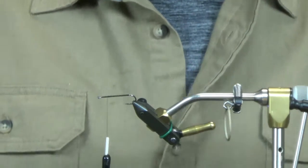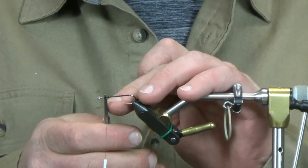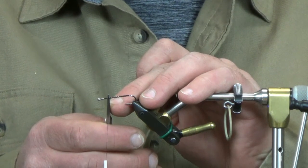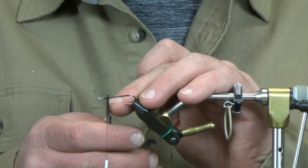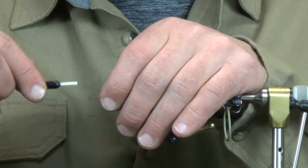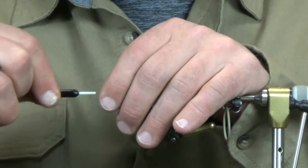So okay, like I said, this is a size 4. On a normal size dungeon, our eyes would be sitting probably right about here. On the mini, we're going to move everything back, and you'll see why when we do the collar and the deer hair head. But we're going to move everything back just slightly, and these are 5/32 yellow dumbbell eyes. We're going to get those tied in,